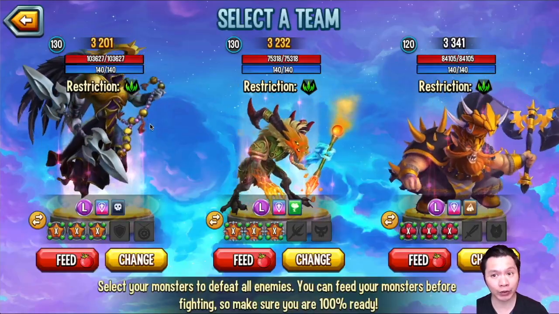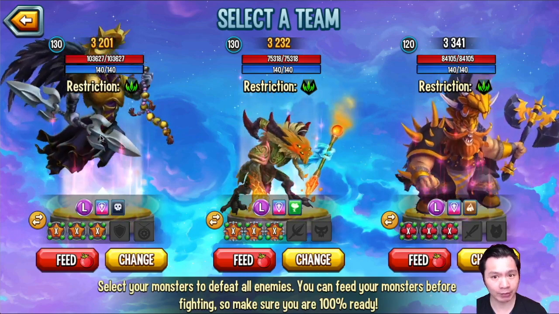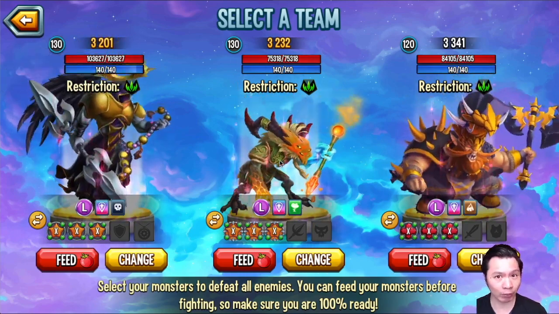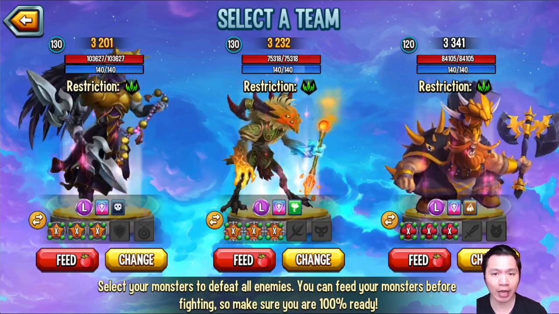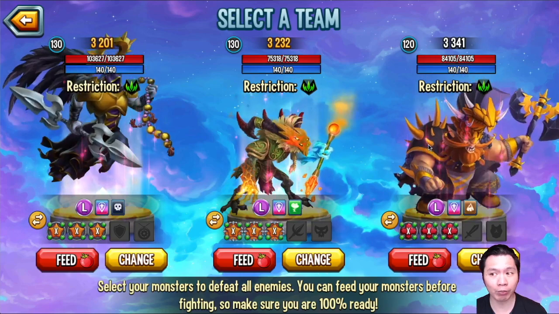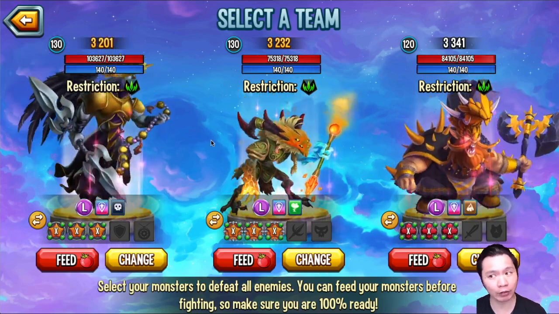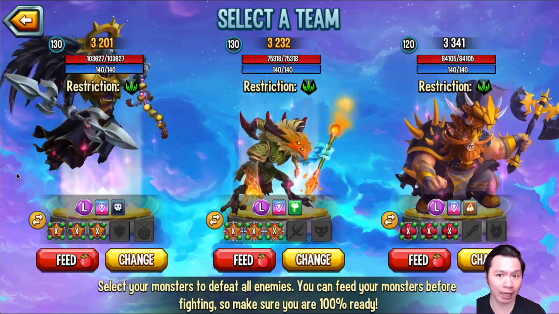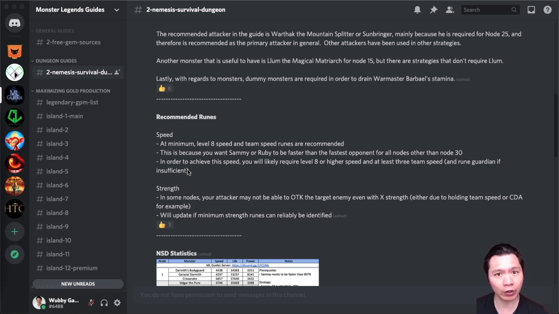Okay, so my runes are equipped already. I did this before I came on live. Samael, triple speed because you need Samael to be as fast as possible. Nadiel, or your support monster, triple team speed because you want to help make Samael faster. And Warthak, you can run triple strength. You might need to put a team speed if your team isn't fast enough. Otherwise, you can go all strength because Warthak can be as slow as he wants because Samael is going to transfer over to Warthak. And the other thing to note is if your NSD team isn't sort of rank 4+,